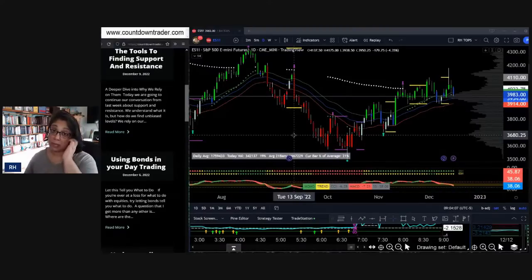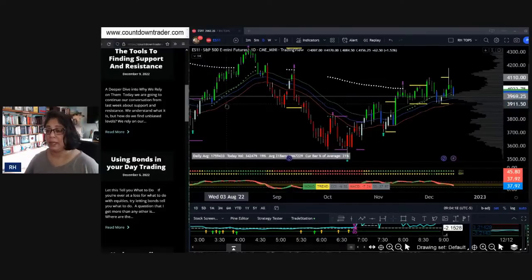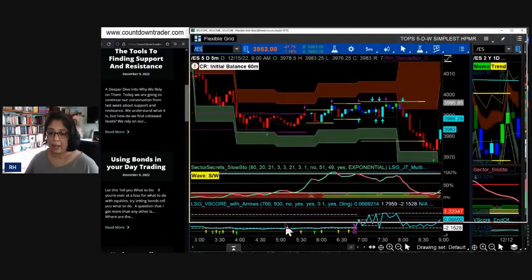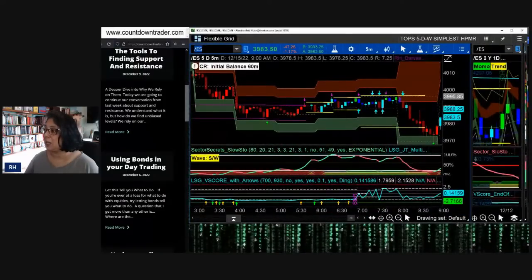Now remember, we're in the process of rolling over. The 12th of December was the roll date. And remember, the expiration is this Friday, tomorrow, the 16th. At that point, all the open interest, all the volume will be out in that March, that H contract for the futures. All right, so that is what we have this morning to kick things off. And let's go ahead and jump into the questions.